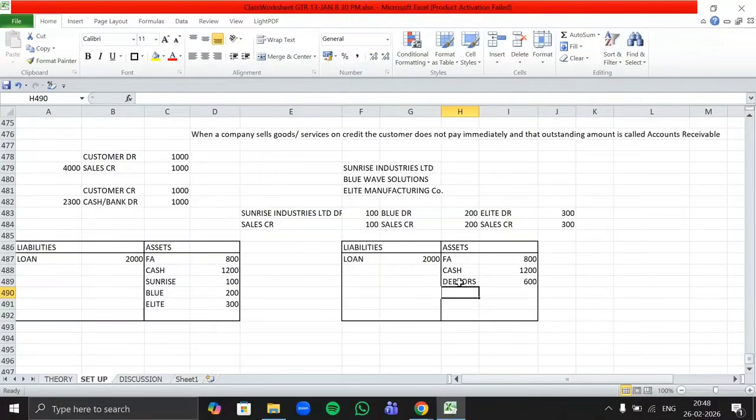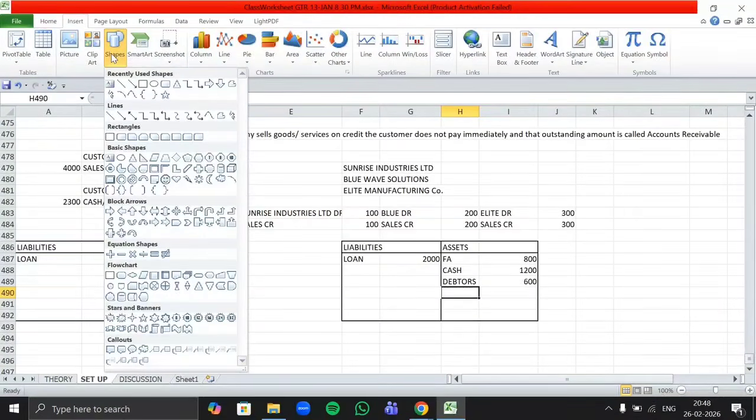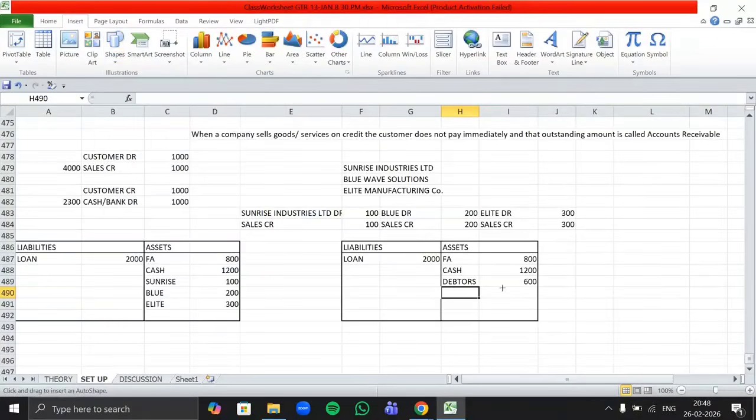Here in SAP, this debtors GL is known as a reconciliation account, reconciliation GL, which links to the customer master and our balance sheet in the accounts receivable part. So the work of the debtors GL is to reflect the total outstanding amount from all of our customers.